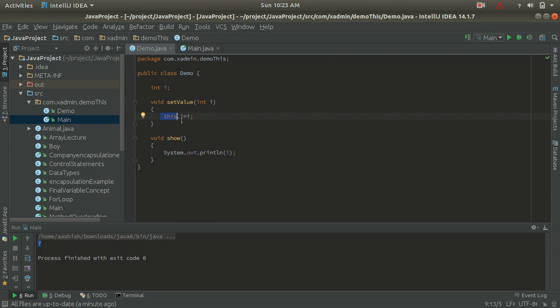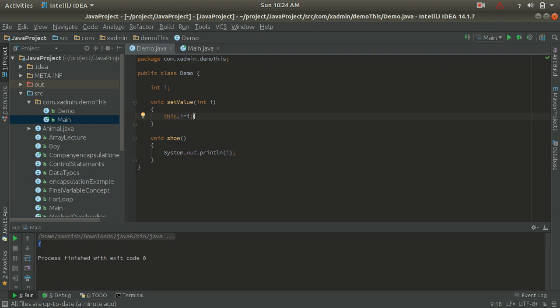So guys, if I provide the instance variable and the local variable with the same name, then with the help of this keyword we can store the value to the class instance variable rather than the local variable. To store the value to the instance variable, we have to use this keyword, right? This keyword refers to the current class instance variable.